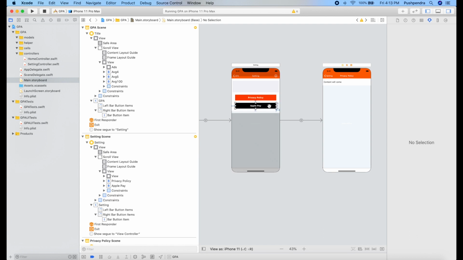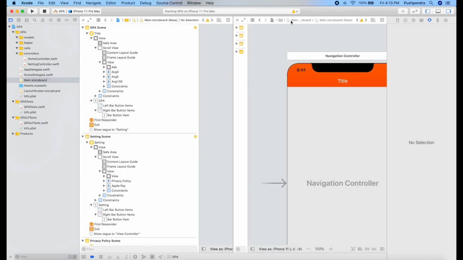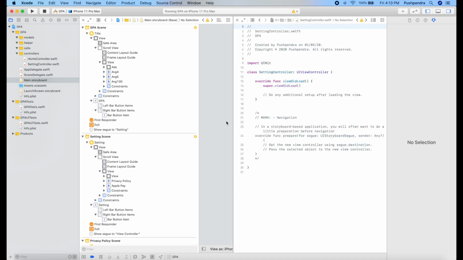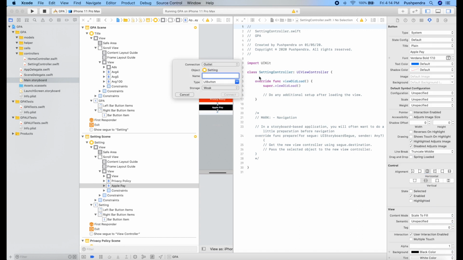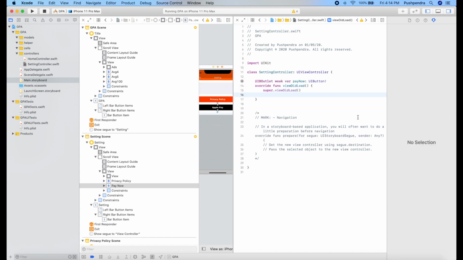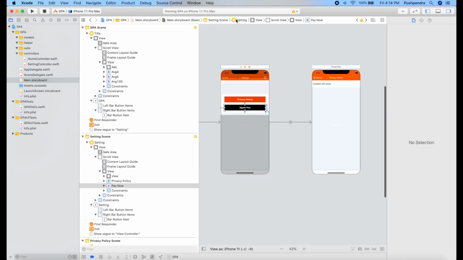In the next tutorial, in upcoming videos, I have already told how we can integrate Apple Pay, but for this series we will make a different video and we will integrate that. Okay, for now we will leave it as it is, like the pay button. Okay, and delete the unnecessary data. That's great.